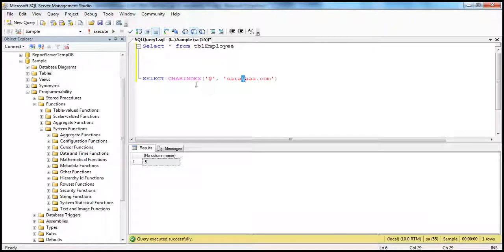Now let's say if you look at this email address sarah.com, what I want is I want only the domain part. Here the domain is aaa.com. I want just the domain part. How do I do that? I can use substring. Okay, so select, I can say substring